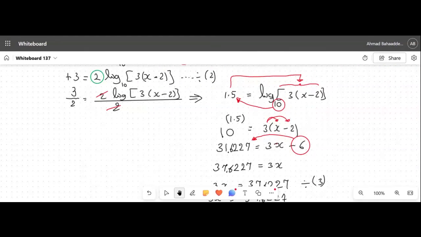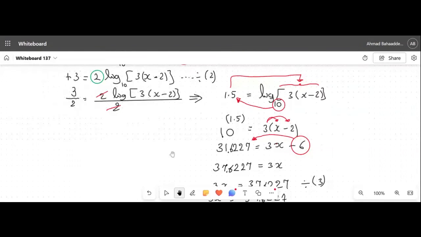Now I am going to make the value of 10 to the power of 1.5 approximately 31.6227. And I am going to multiply 3 times x and then 3 times negative 2. I actually distribute the multiplication over subtraction in this situation. I'm going to move the negative 6 to the other side, so I make it positive and add it to 31.6227. That's going to give me